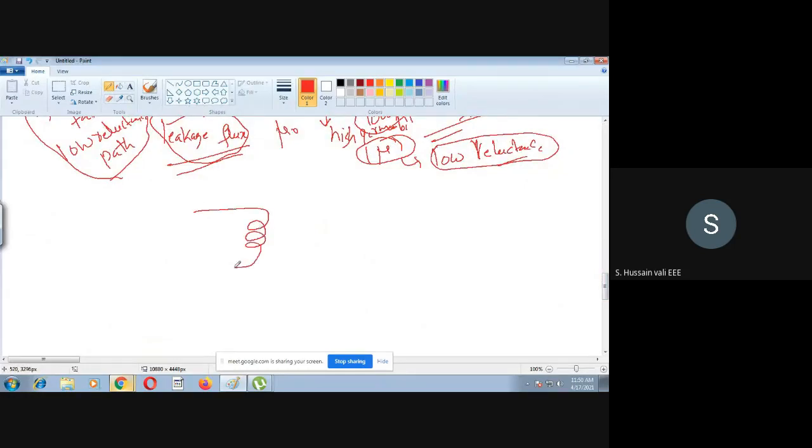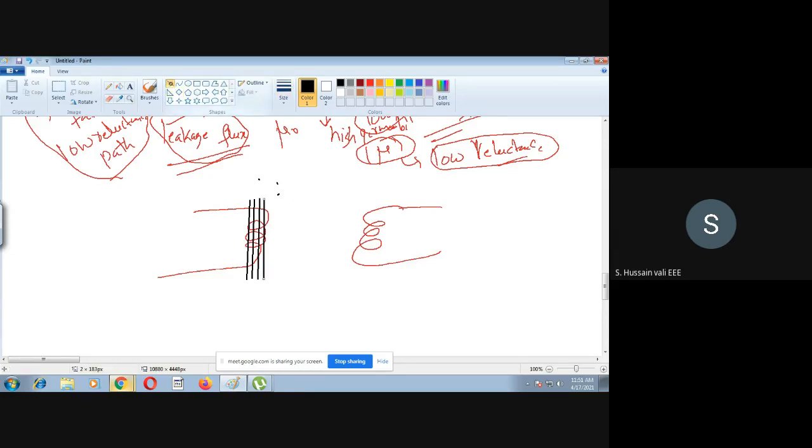Okay. Coming to the case of the air core transformer. Now it is an air core transformer. So as it is an air core transformer, there is no magnetic core. As there is no magnetic core, here also I will draw four flux lines. Just like I have drawn four flux lines in case of the magnetic core, here also I will draw four flux lines. Now, where will these four flux lines take the closed path?